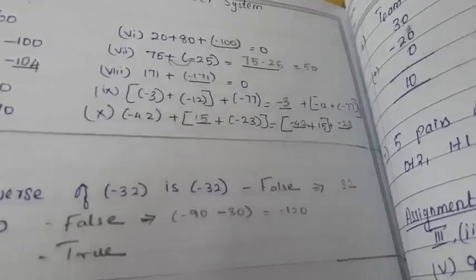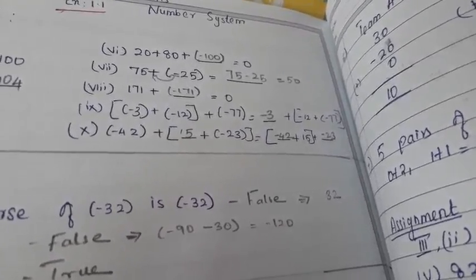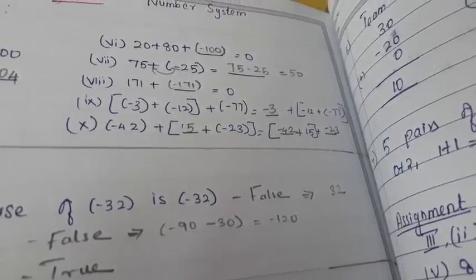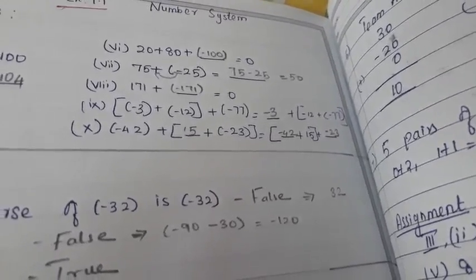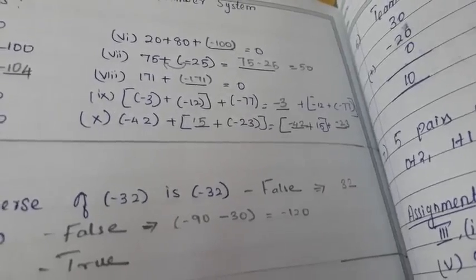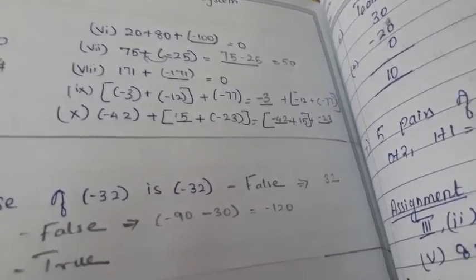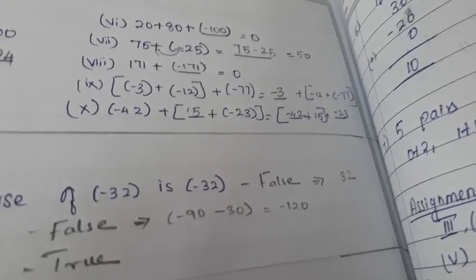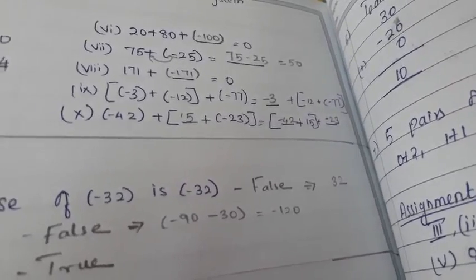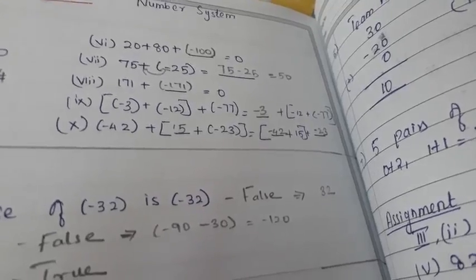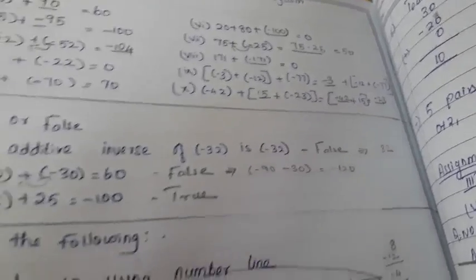And look into the 9th and 10th sum. Here the bracket, that is associative concept we have learned, you have to recall. Minus 3 plus 12 plus minus 77 is equal to dash plus minus 12 plus of minus 77. So what is the content means, in associative property, even though the bracket is changed, the value doesn't change. So minus 3 and minus 12, in the question they have given the bracket. For answer you have to take minus 12 and minus 77 separately, so that minus 3 will be the answer. So same concept for the 10th sum also.